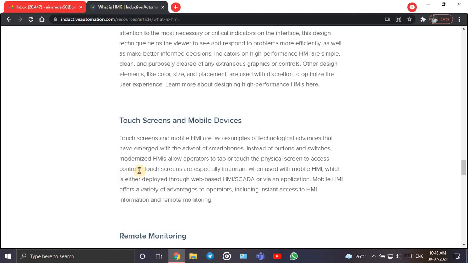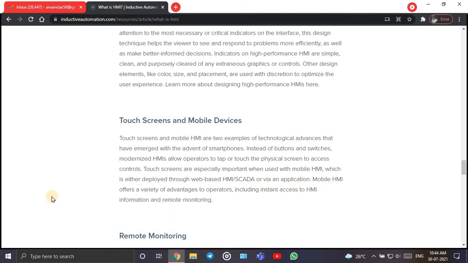A similar example is the automatic teller machine, or any time money, our ATM machine, where you just need to touch the screen and put the inputs, and then in the output you will get the money. Touch screens are especially important when used with mobile HMI, which is either deployed through a web-based HMI or SCADA or via an application.